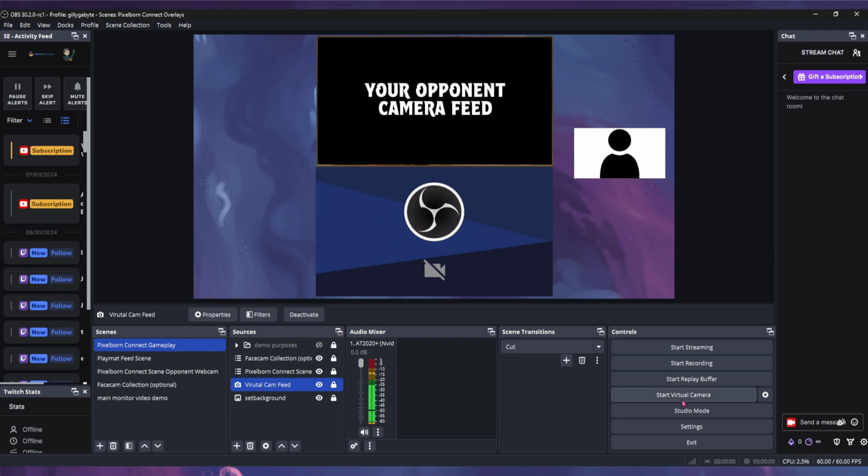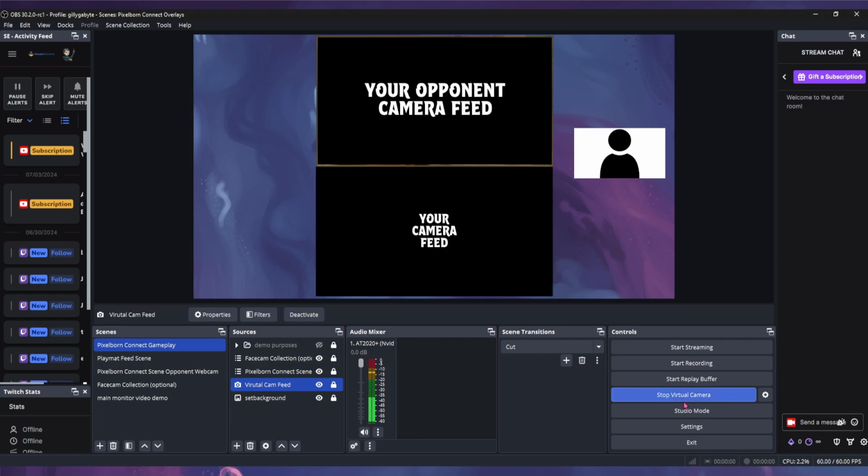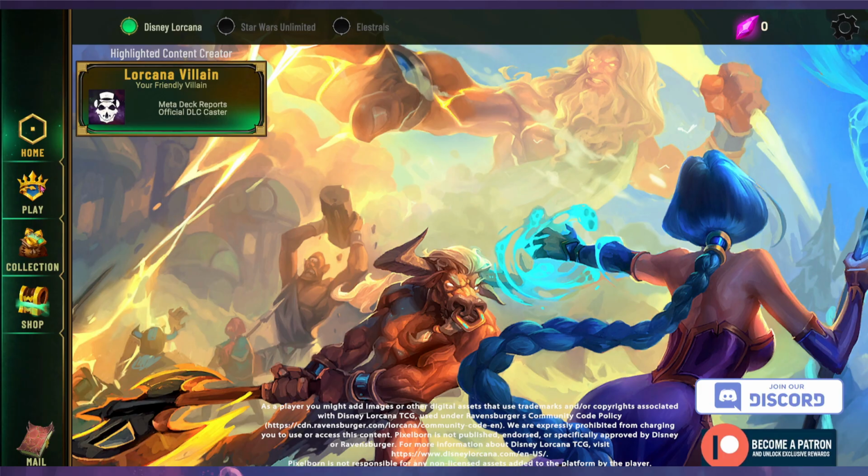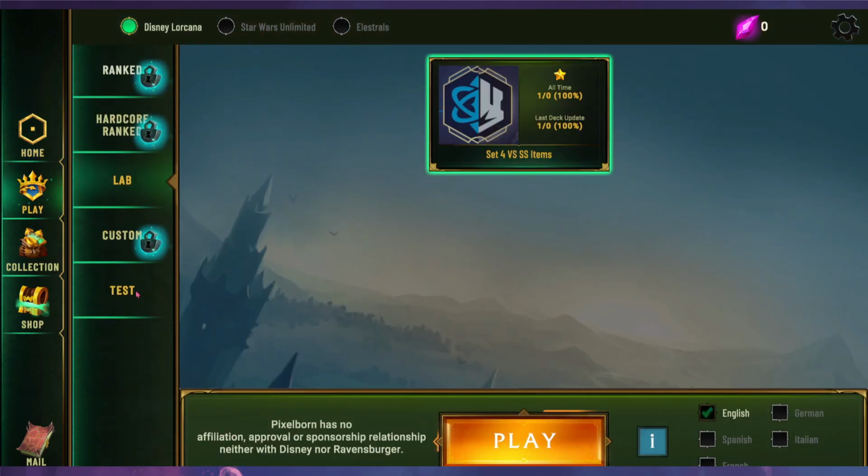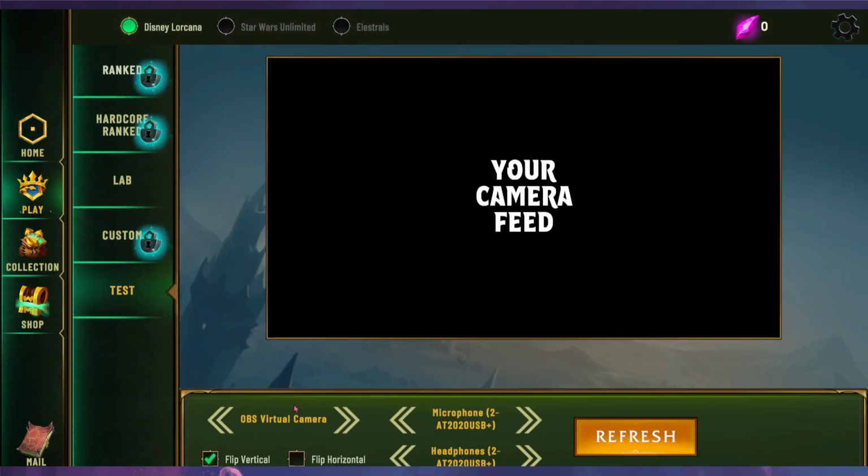Well, as soon as you click start virtual camera, it'll relay that playmat feed as this camera source. And this is super important for Pixelborn, because when I go to Pixelborn, we go to play and we go to test. We're going to make sure that this toggle right here for OBS virtual camera is set, because you can cycle through all of these just by clicking this. So just make sure it's set to OBS camera,